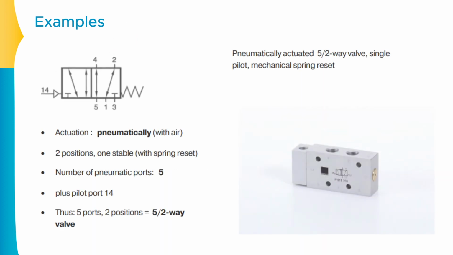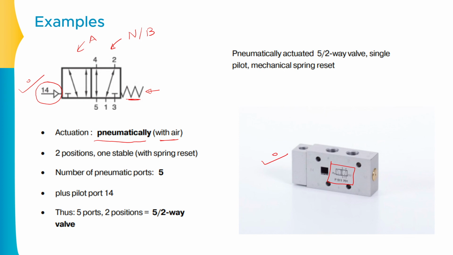Second example, as you can observe, this is the actual direction control valve on which the symbol is given, and this symbol is represented over here. So let us quickly check out what kind of symbol it is. As you can observe, this specific valve has pneumatic operation. So this is the pneumatically operated valve. That means it will be operated with the help of air, but there is a return mechanism available, which is the spring return mechanism. Second thing, this is the normal position or basic position, and this is the actuated position. How did you understand this?